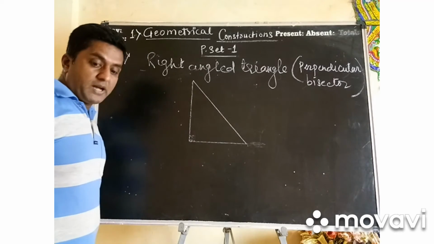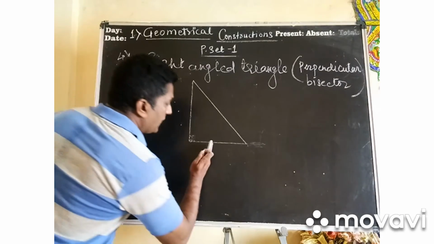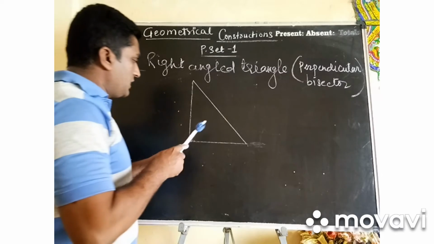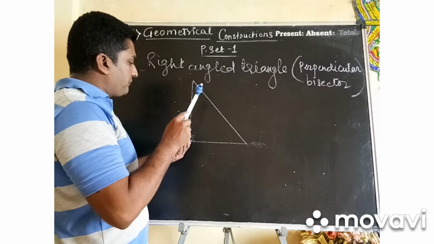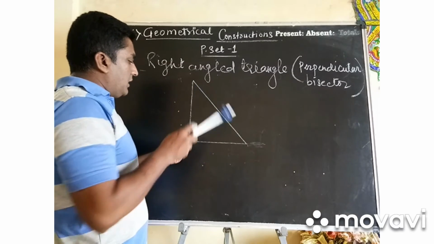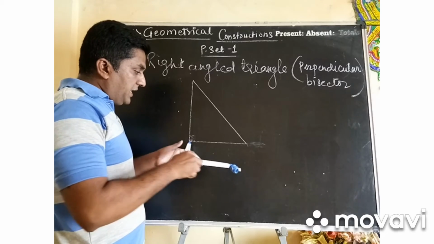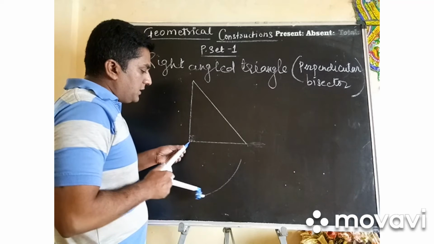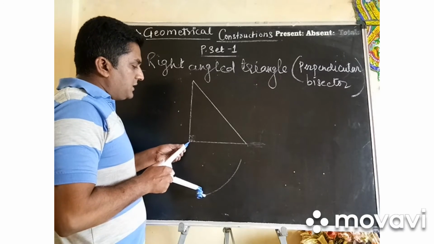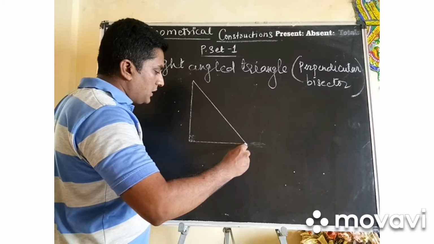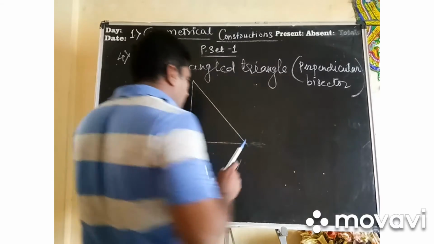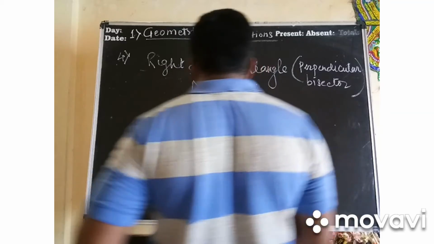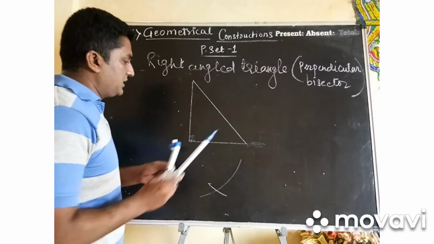Now perpendicular bisector. Perpendicular means what? Cutting exactly from the center. So what am I doing? Very easy thing it is. Now this time, see here, directly take at the end. After taking at the end, one arc I will draw here, okay everybody? And one from here. Just look here everybody. One I am trying from here, and that comes here. So one and two arcs have cut each other.